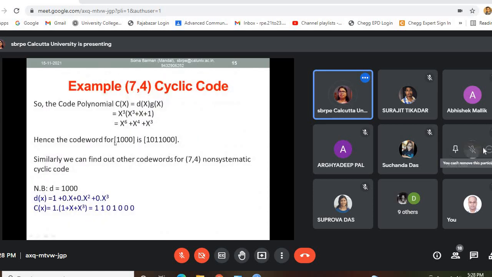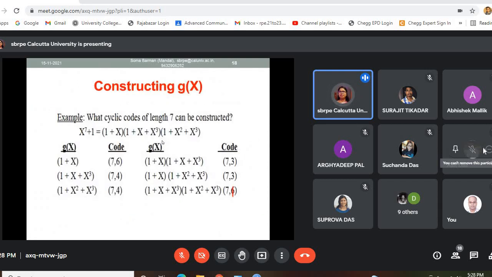See here, 1 0 0 0. If I say 1 0 0 0 there, 1 0 1, this is the parity bit. But you can say this is also this thing, but in some of the code it is not maintained. Here it is maintained, but in some of the code it is not maintained.